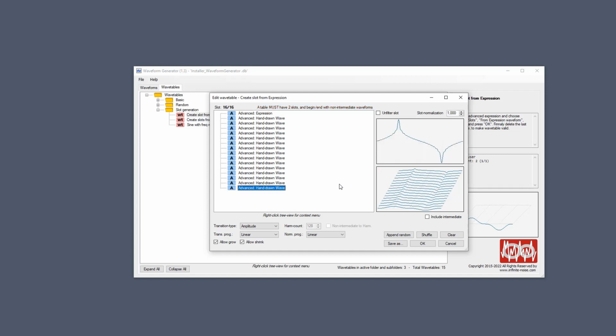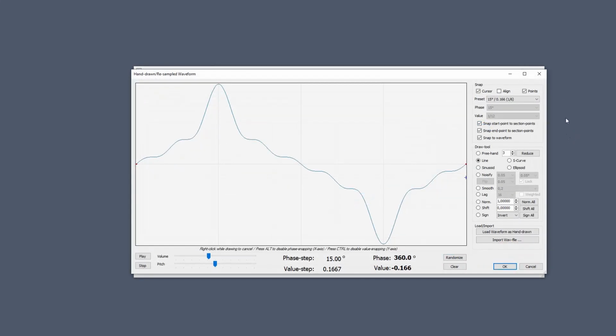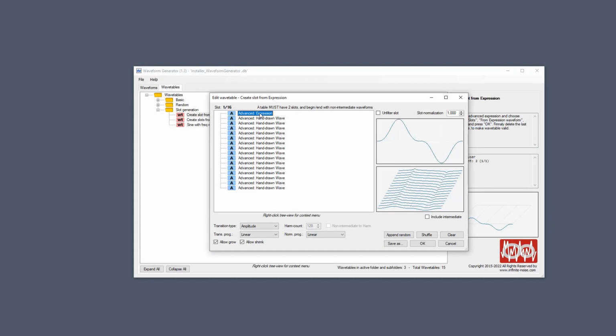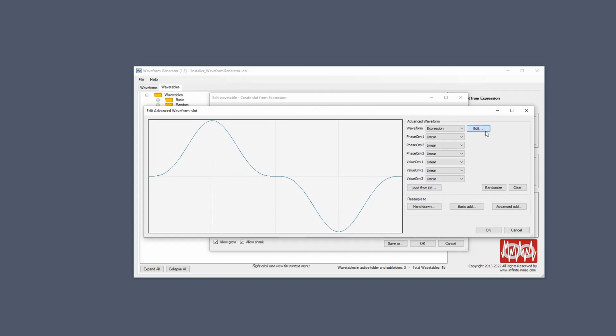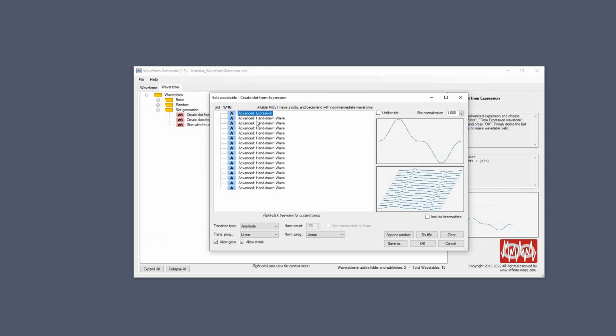And also it's the reason that only the first remains being an expression. These have been resampled into a hand-drawn waveform. If you choose to edit them, it's simply a hand-drawn waveform, whereas the first and original remain an expression. In case you want to change something in the expression, you can still do it. You can simply press delete